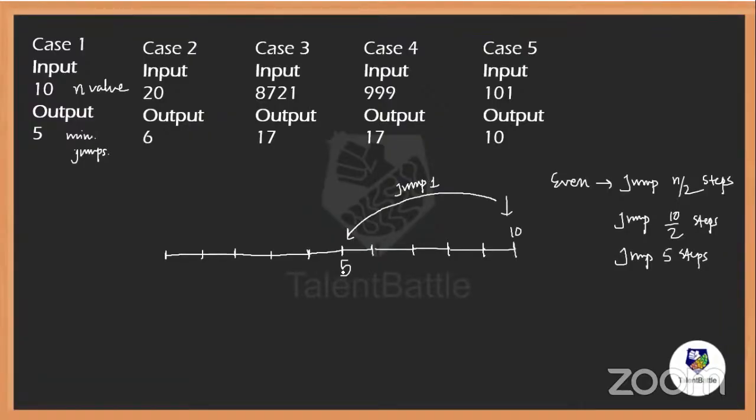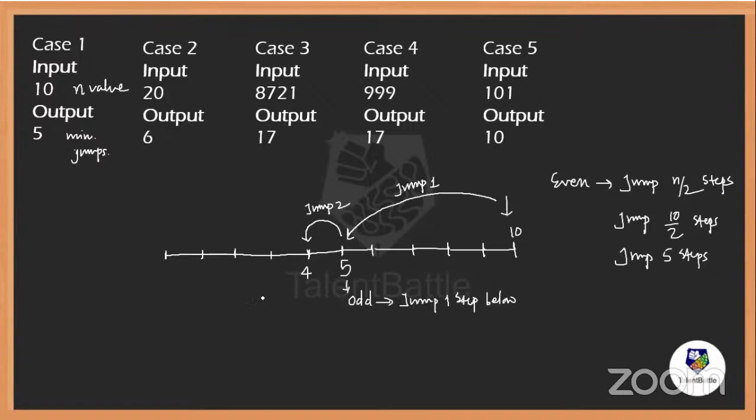Now you will again check the value, since n has changed. So now when the number is odd, what do you have to do? You have to jump one step below. Only one step. And all these things are mentioned in the problem statement. I am not assuming anything. So you will go one step below, which is our fourth step. And this is my second jump. Jump 2. I am maintaining the jump count also because we have to finally display minimum jumps.